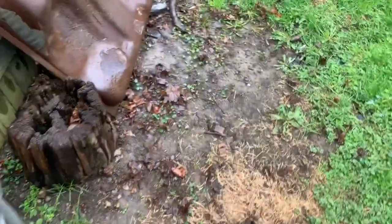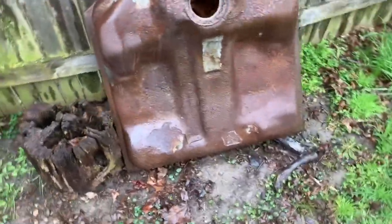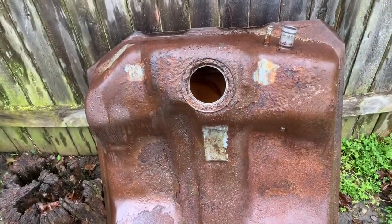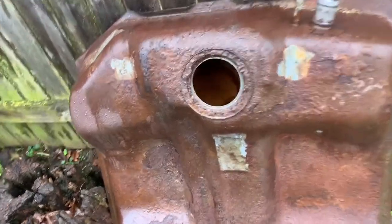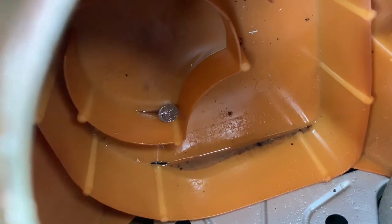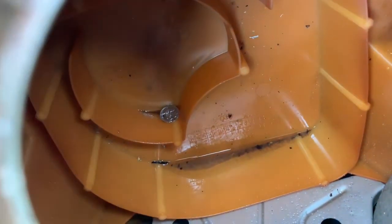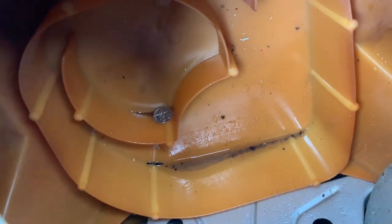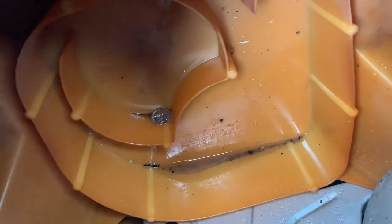You know your additives and stuff that people put in their vehicles for the fuel additives? Well, I kind of found something that was rather interesting. And there was more of them in there. But you see that little silver piece? That is a piece of plastic from fuel additives that has somehow made its way down in the tank. I found several of these in there that were stuck to the strainer filter